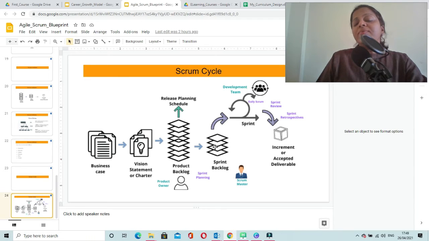So the team will be working on the sprint backlog, the user stories which they have pulled out from the product backlog.